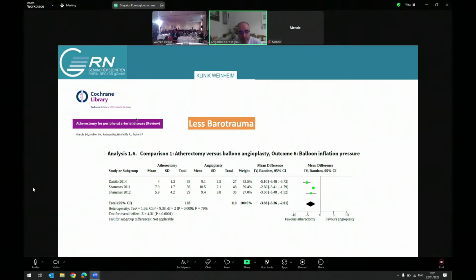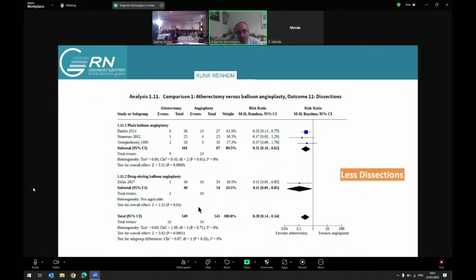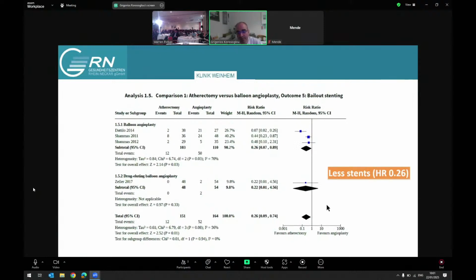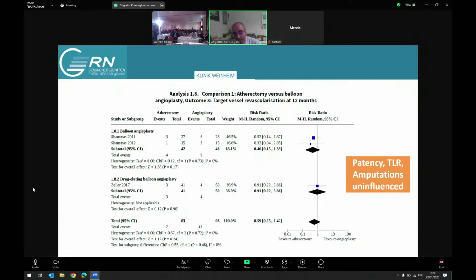less barotrauma to the vessel, you inflate with less pressures, we are causing fewer dissections to the vessel wall, and we have a significantly smaller number of stents that have to be implanted, which is not only significant but also substantial. It's like 26% in terms of the rate of stent implantation compared to lesions that have not been prepared by atherectomy. On the other hand, the RCTs show no clear advantage in terms of vessel patency, target lesion revascularization,